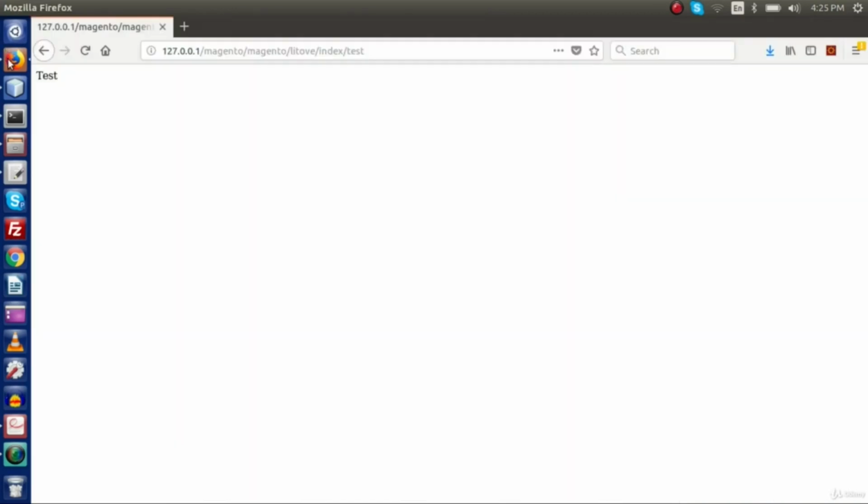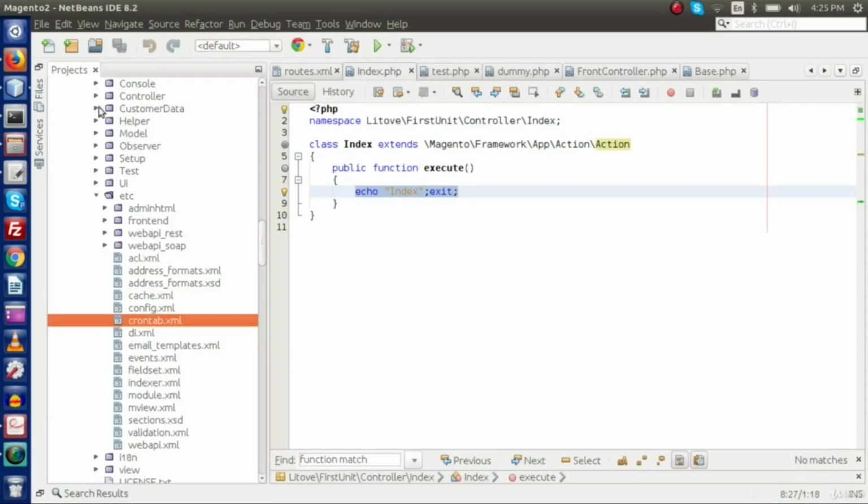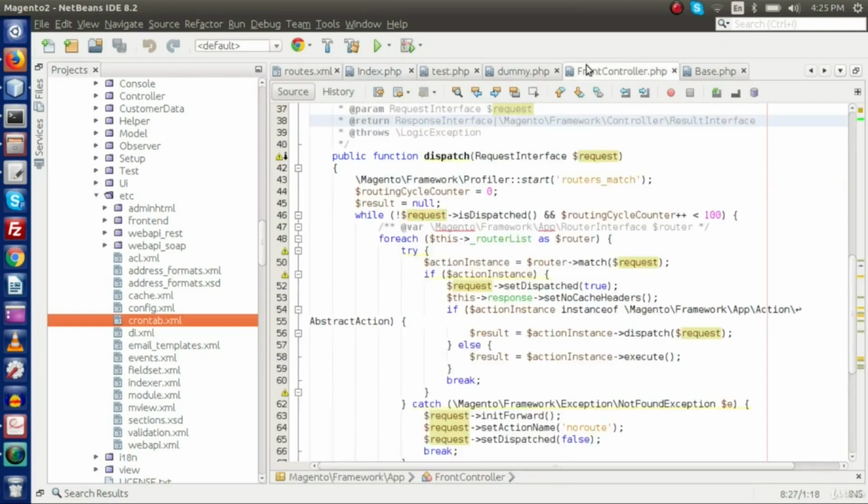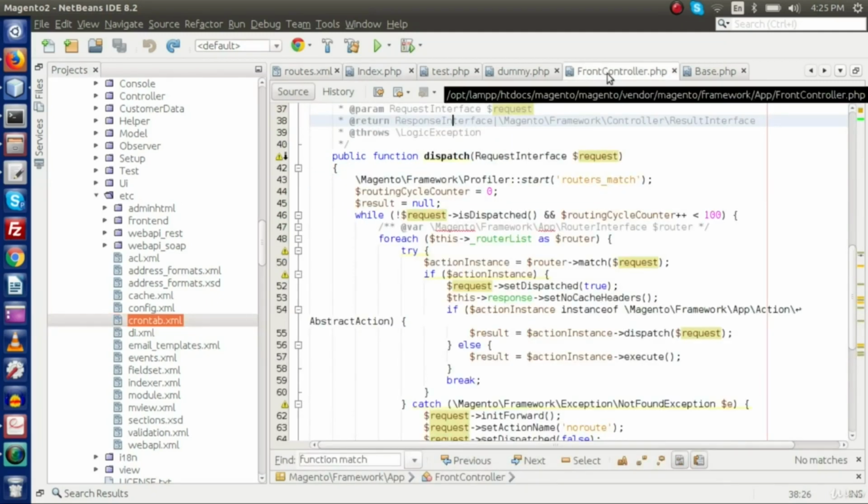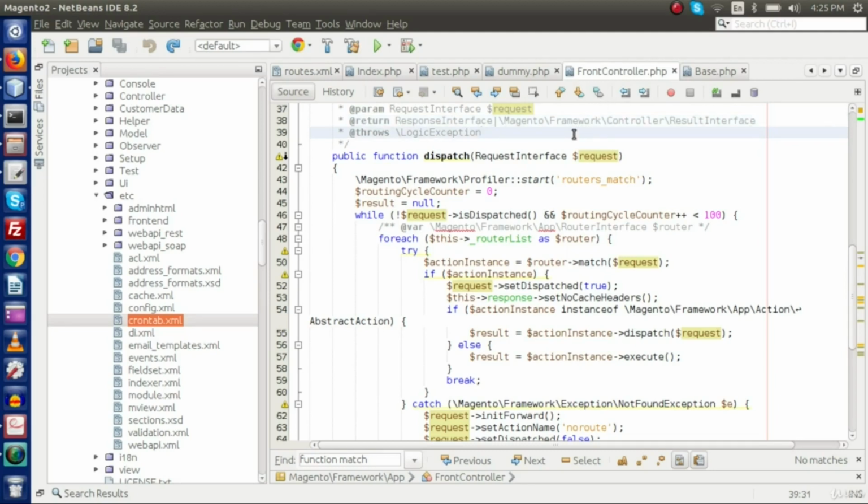The front controller design pattern is actually used when you give the responsibility to render output only to one controller. So in Magento we have the front controller, and all the inputs and all the responses will be returned by the front controller only. The front controller will check which area a customer or end client is on, and